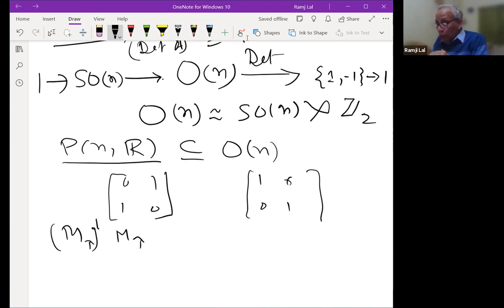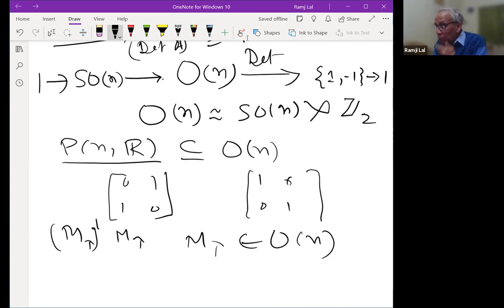Interchange rows and columns: if you interchange the rows, this will come, and if you interchange the columns, this will also come. So therefore, you see that its transpose is the same. M transpose is identity, and its square is identity because it's a transpose. So its square is identity, right? So M transpose is an orthogonal matrix. This is a member of O_n, right?